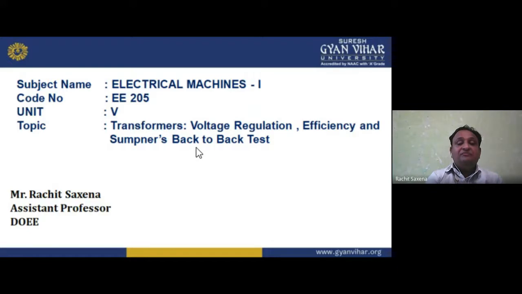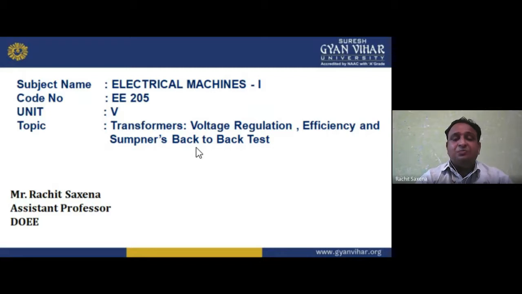That value will be PφZN by 60A. In the motor we have the same EMF value, but it is known as back EMF because its direction is opposite. So the generated EMF is PφZN by 60A, and similarly the back EMF is again PφZN by 60A. I hope you understand about the back EMF. Then we have the torque. The torque is always proportional to Eb into Ia, where Eb is the back EMF and Ia is the armature current. So we have Eb into Ia. I hope you understand; that is what we have understood in unit number 4.